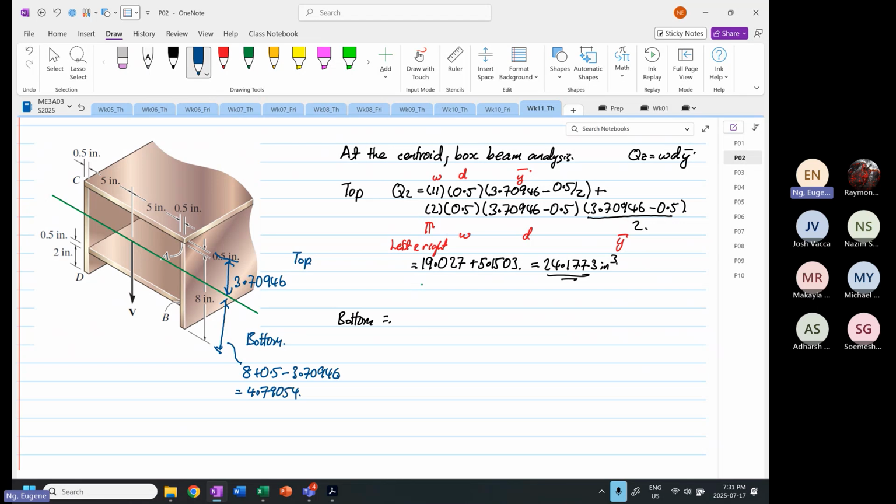Let me do it again. Okay, so it's 8 plus 0.5 minus 3.70946, 4.79054. Okay. So at the bottom, Qz, I'm going to take the major web first, 2, with width 0.5, depth is 4.79054. And then